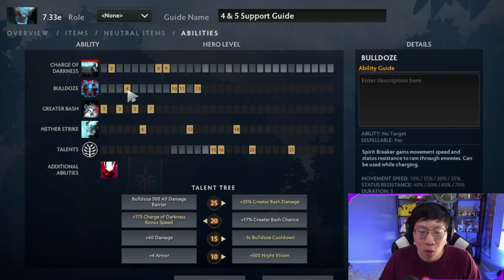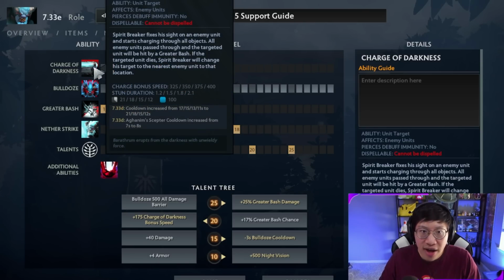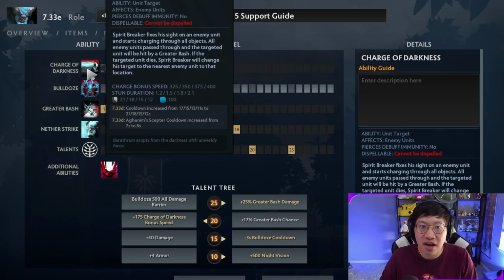But a lot of times, 1 point is pretty safe in most games. Then max Charge of Darkness for the lower cooldown, the greater move speed, the greater stun. This allows you to just roam faster because you're literally faster in your charge, and you're doing more damage with the greater bashes because it is movement speed based and the charge counts, and it unlocks your 550 movement speed